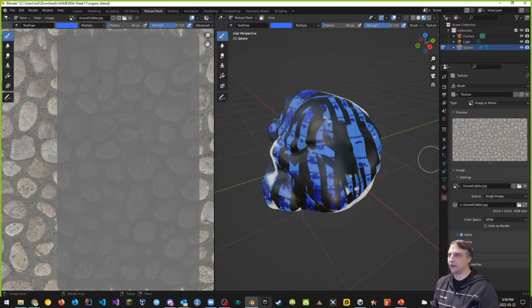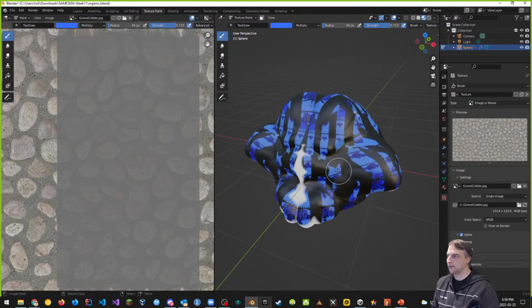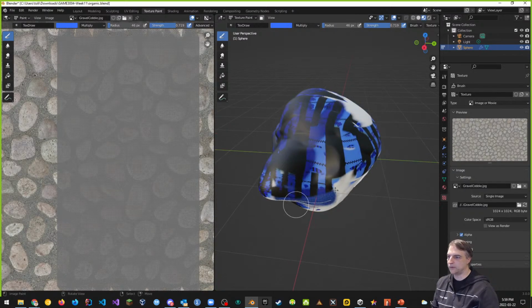And so that way we want to apply this texture, as opposed to the other one that we had before. So that is the one that's being applied now, the gravel cobble. But then why does it look like this? Well, again, one thing that we want to do is